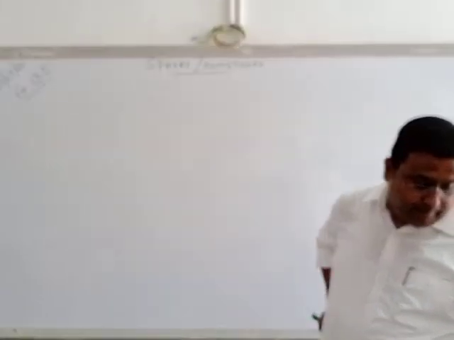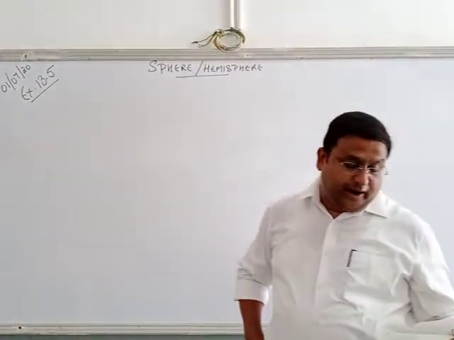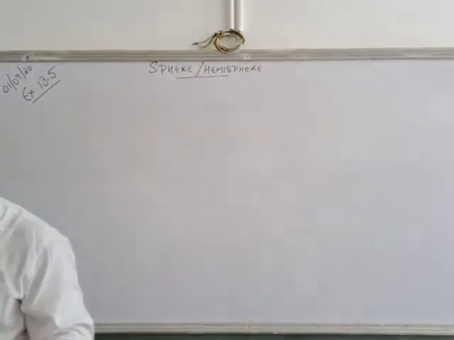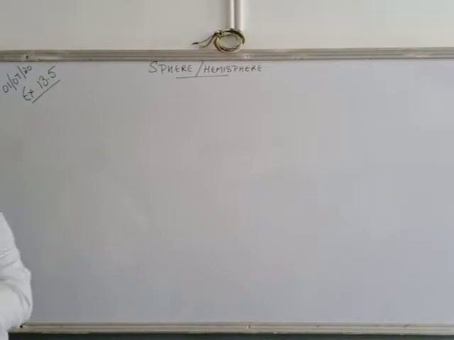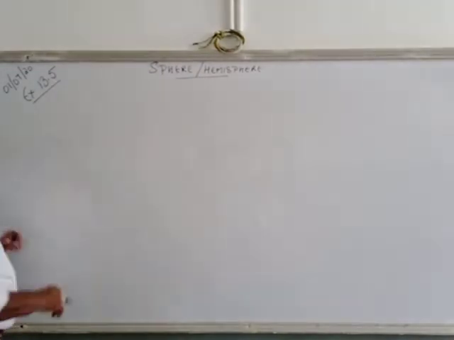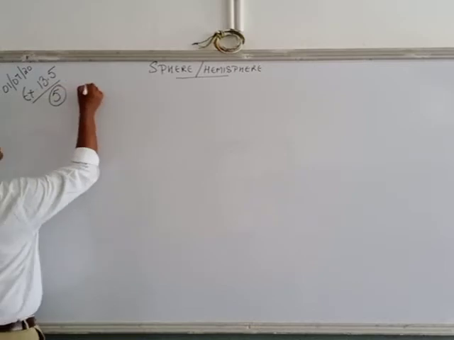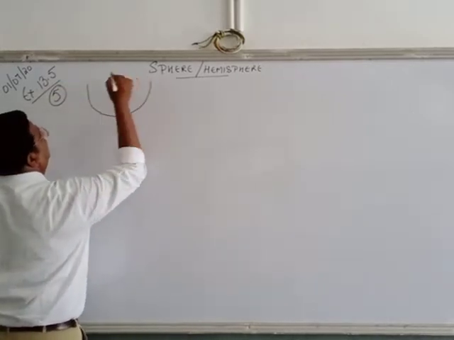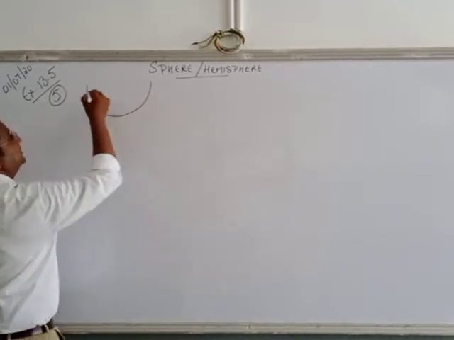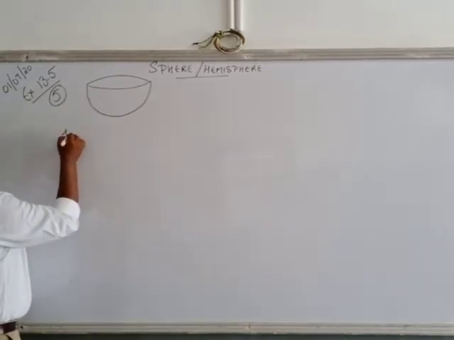Take a look at question number 5 and question number 8. Question number 5 says, a hemispherical bowl made of brass has inner diameter 10.5. Find the cost of tin plating it from inside at the rate of 16 per 100 centimeter square. A hemispherical bowl. This is a bowl, the kind we eat food in at home. This is a hemispherical bowl. Correct? And the internal diameter is given to us as 10.5 centimeter.